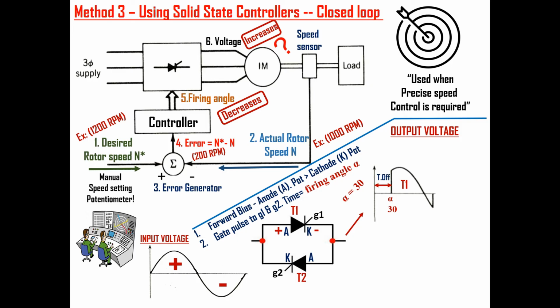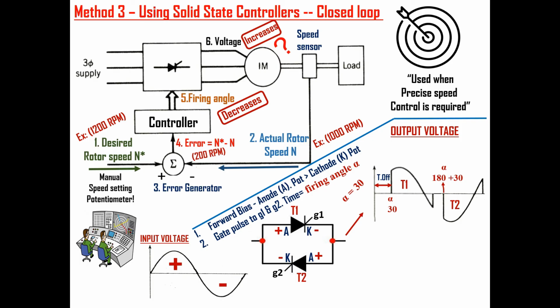Next, during the negative half cycle of input voltage, the thyristor T2 will be forward biased, since anode potential is greater than cathode potential for T2 now. But again it will not turn on until I give the gate pulse for G2. To maintain the negative part of the waveform as the mirror reflection of the positive part, I will give the gate pulse at alpha equal to 180 plus 30 degree now. So the output voltage will be equal to the negative cycle of the input voltage from that 180 plus 30 degree. Before that it will be 0 since no thyristor is conducting. Now note that a small positive voltage is also present. Again it's because of high inductance in the motor.